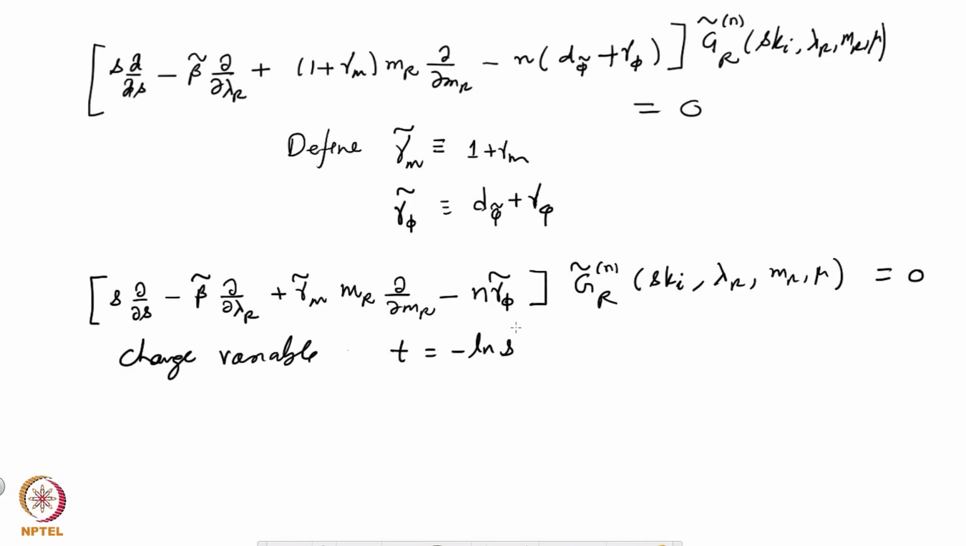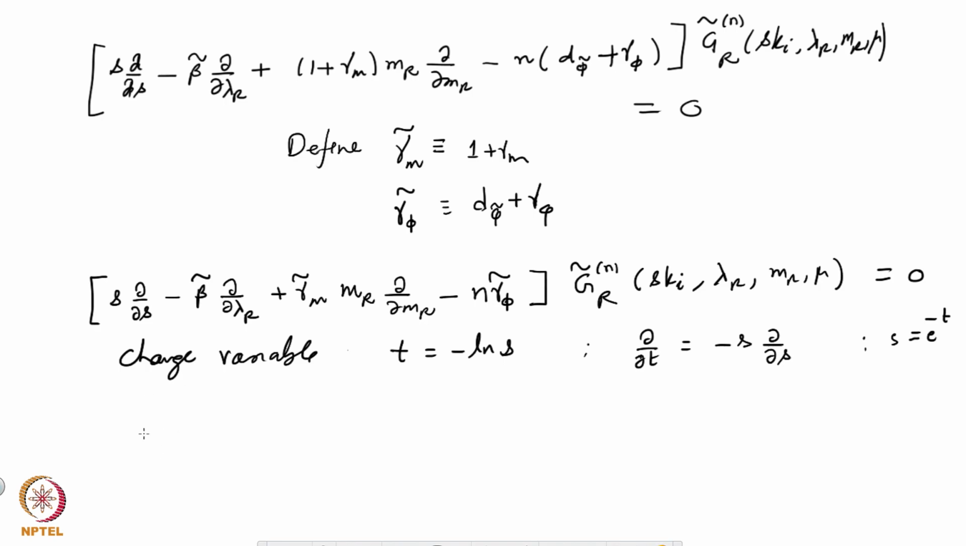T is a scale, just like S is a scale. The relation is this. So what is del over del T? This is minus S del over del S, that you can check. And of course S is equal to e to the minus T, if I take the exponential on both sides. Okay, so I will substitute this and this in the previous equation,